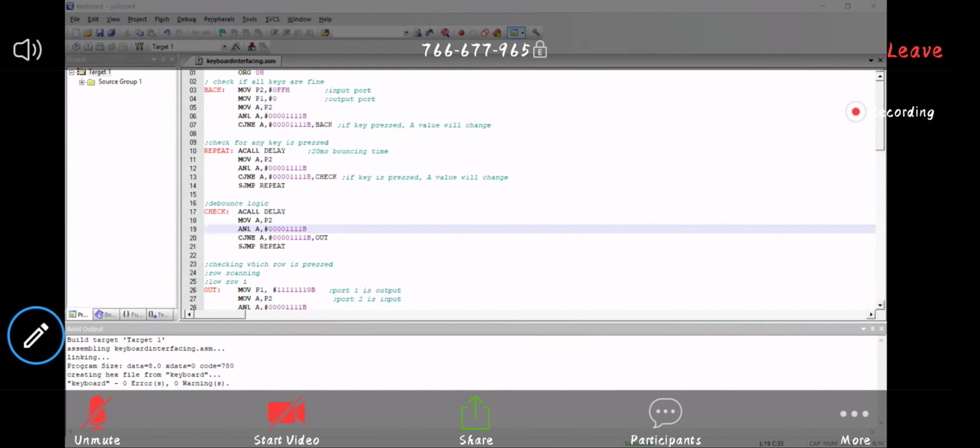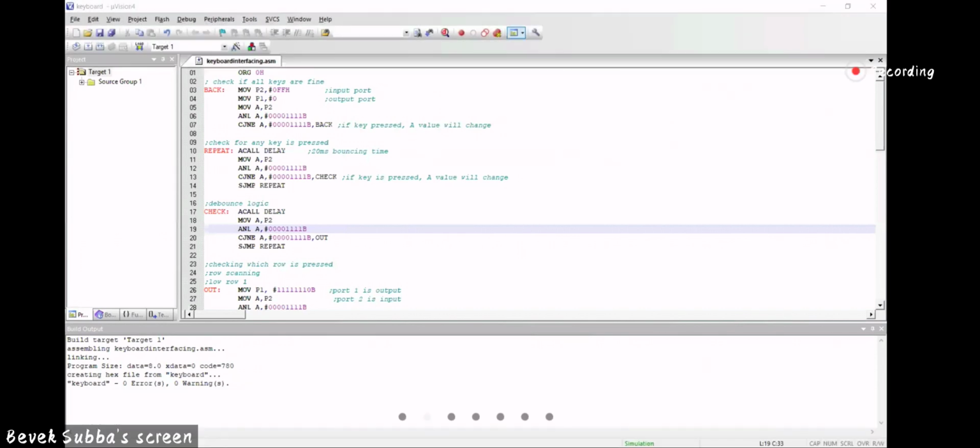See, I'll run this. Did you notice that in port 3, I have connected all the output ports, as you can see in the program. So if I press, for example, let's say, to check the ASCII value, we have somewhere here. What is the ASCII value of 5? See, the ASCII value of 5 is 35.